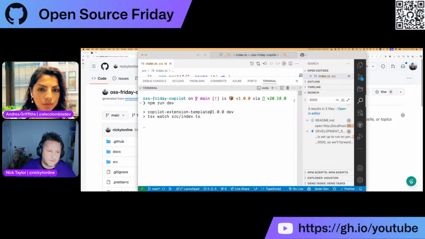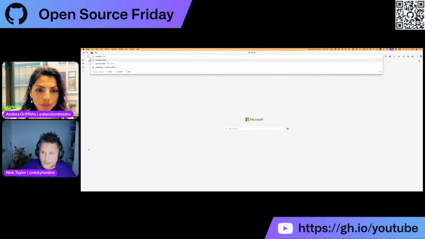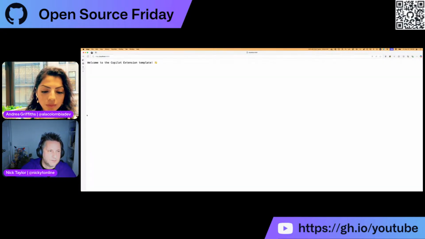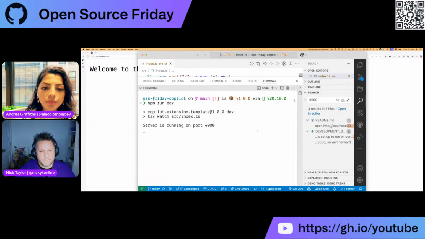This is going to start the Hono dev server, and we can see that it's running on port 4000 now. So if I come to localhost 4000, we should see "Welcome to the Copilot extension template." That's great. Okay. So this is great, but if we want to